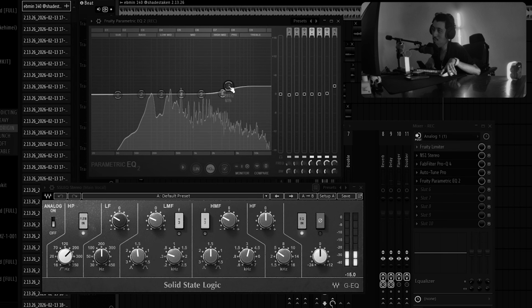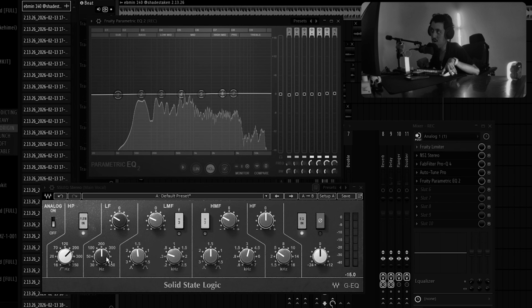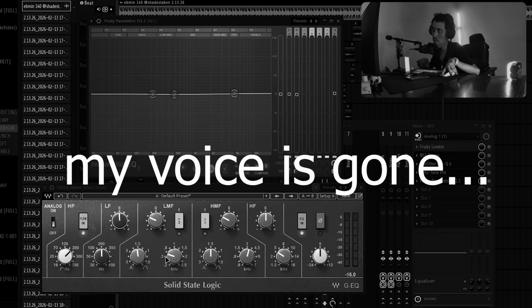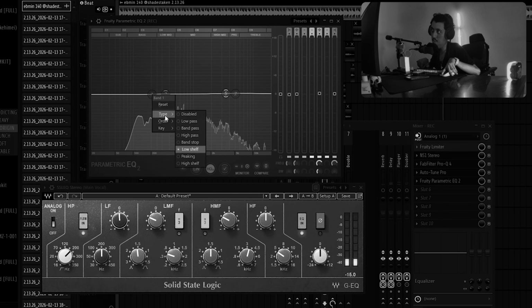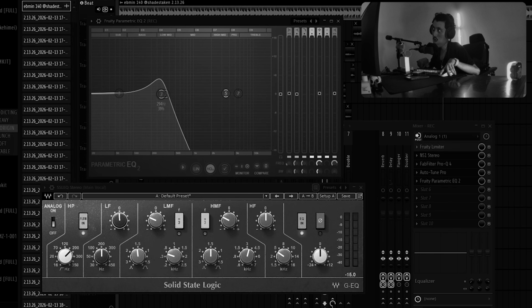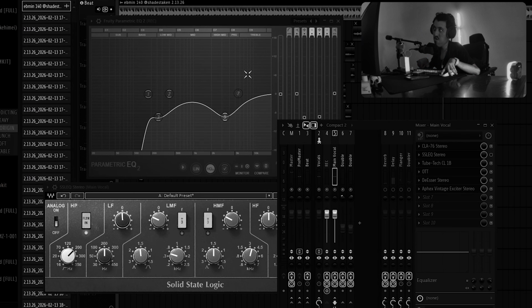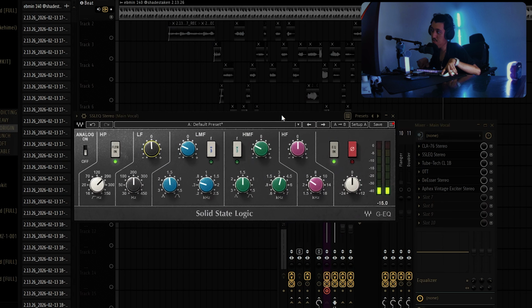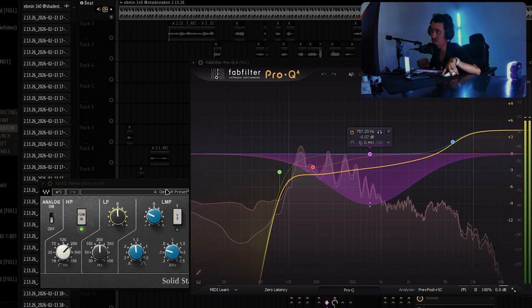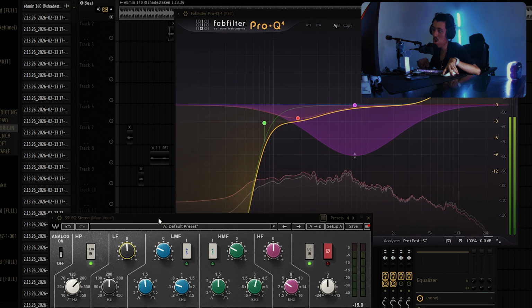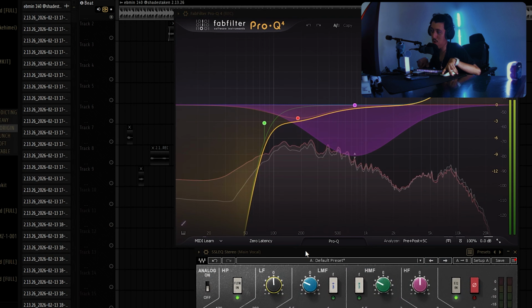Alright, this is voiceover. I'll be honest, at this part I started yapping on about stuff that is way too advanced. But basically what I was saying is that if you focus on the little numbers on the bottom knob for the bottom EQ, I was basically matching those numbers with the bands that you see on the top EQ, and replicating what it would look like if we were to closely match both EQs in movement. If that's already confusing, don't worry about it. Most of you guys should be using something like this or this, Pro-Q 4. We talked about that in the couple episodes on where to get plugins.